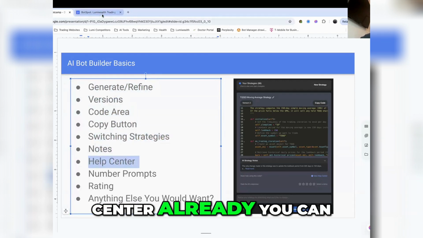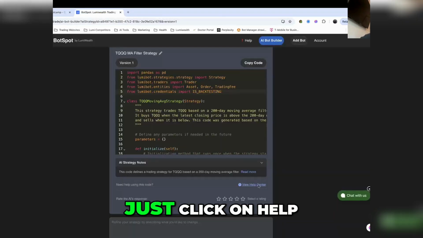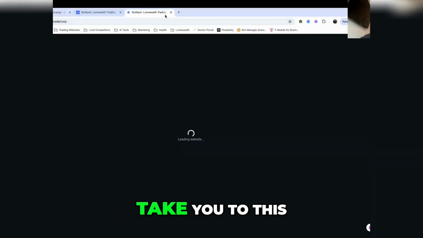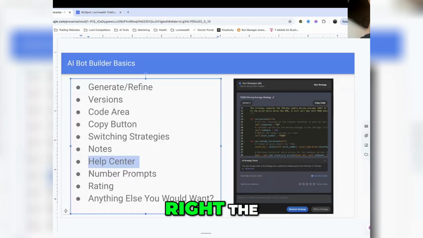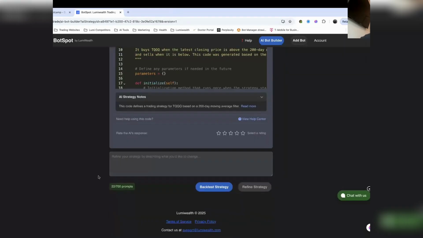We've talked about the help center already. You can go to help, right? Or you could just click on help center here, right? It'll take you to this help center if you need some help deploying or whatever, right? The number of prompts, you guys have number of